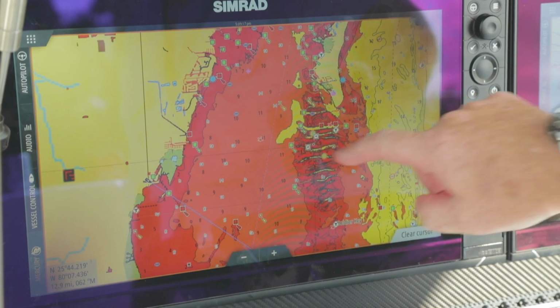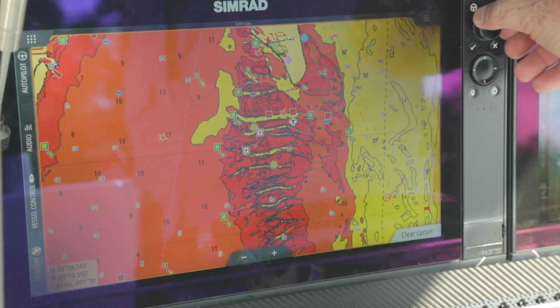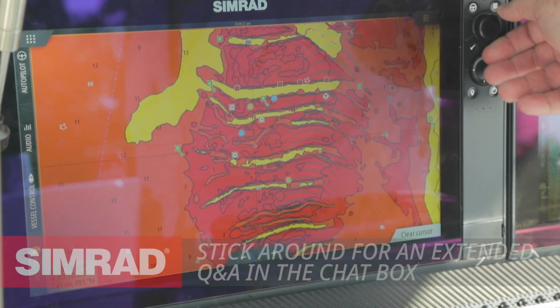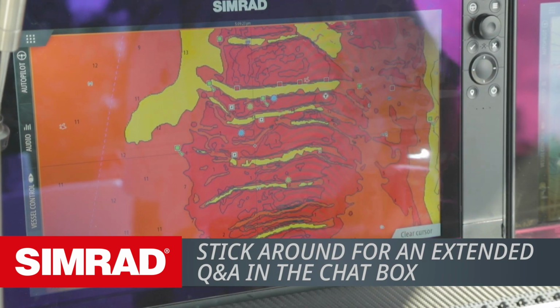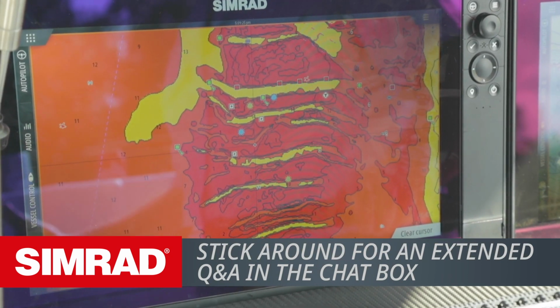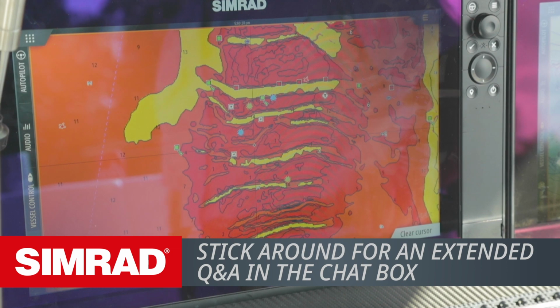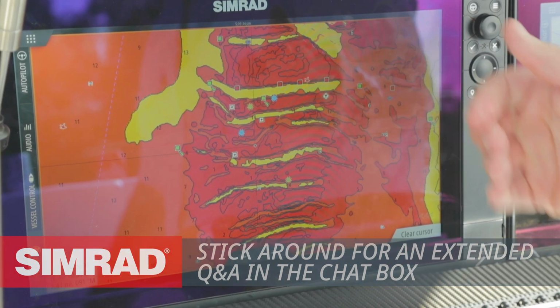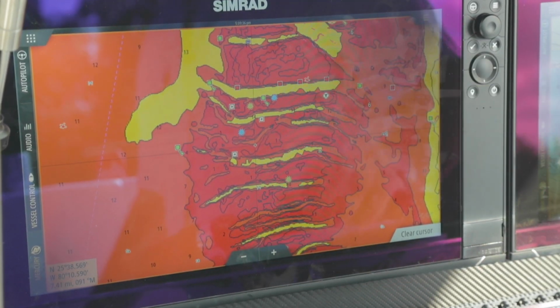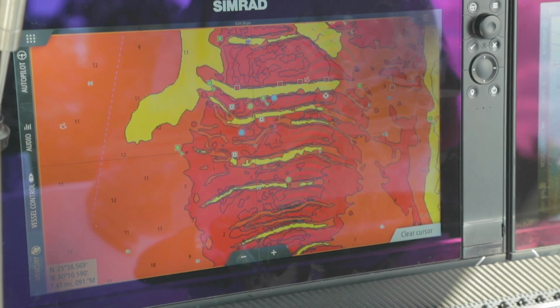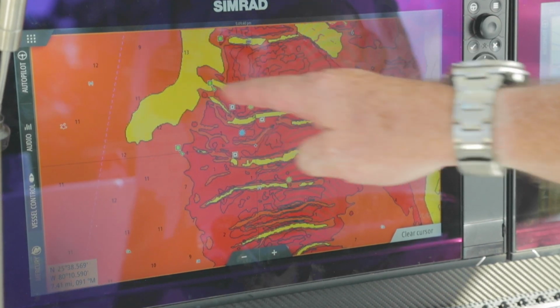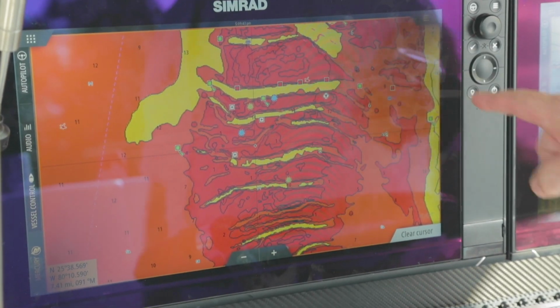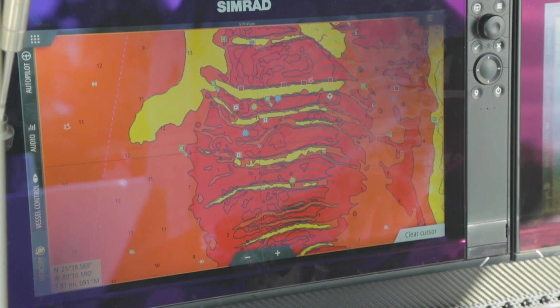So now I can go in and I can set these ranges up where I can make these little channels show up in a lot brighter color than they would from a standard color palette that's already selected. So I have gone and set that 0 to 5 feet in red, 5 to 20 is in yellow. So now you notice that I've brightened up that channel by making a custom palette. So if this is an area I run, I can now set those palettes to find those channelways a lot easier.